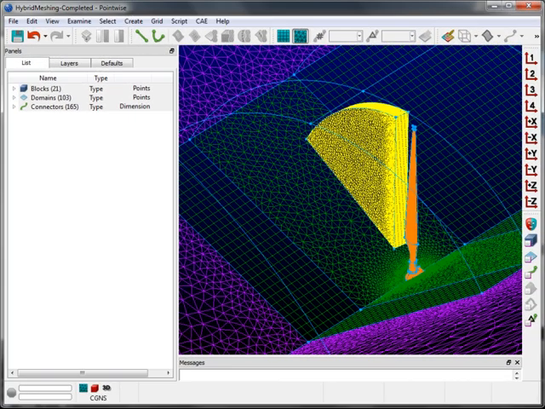In this application video, I'll be going through the steps to generate a hybrid mesh for a horizontal axis wind turbine. The geometry that I'll be using is the Sandia CX100. It's a horizontal axis wind turbine rotor with a radius of 9 meters. It's got a sharp trailing edge and a cutoff tip, two features of the geometry that we'll be handling in